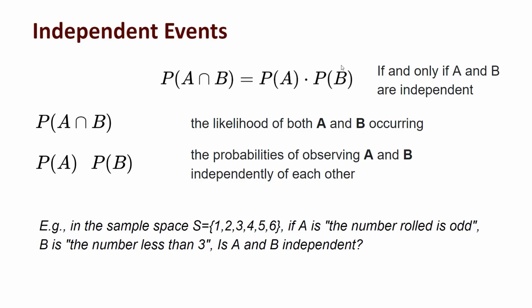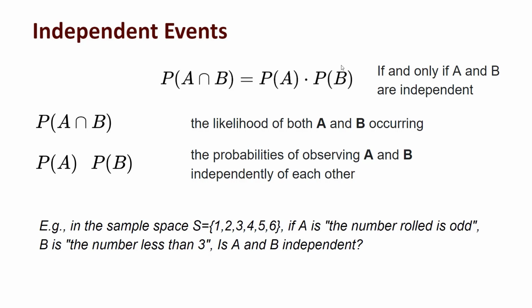For independent events, for both A and B to happen, it's simply the probability of A happening times the probability of B happening. It's the so-called multiply rule, if you still remember what you learned in high school, or in AP maths, I think. So the likelihood of both A and B occurring is P(A and B), where P(A) and P(B) are independent measurements. P(A) is the probability of observing A, and P(B) is the probability of observing B independently